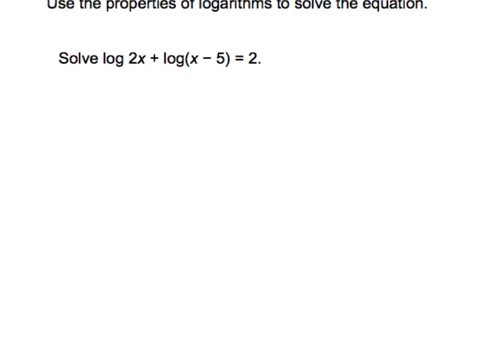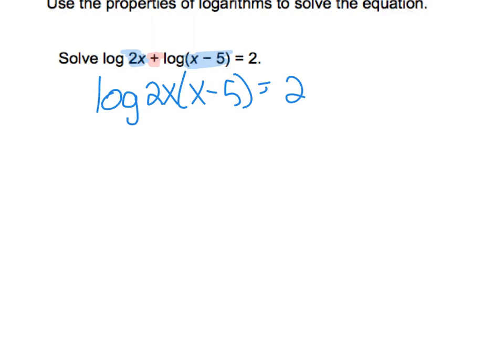Well, if you think back the other day when we had a plus sign in between, in order to condense those or put them back together, that means you're multiplying those two parts together, which means we're still staying in log form. So we'd have log, and we're going to multiply those two blue highlights together, of 2x times x minus 5